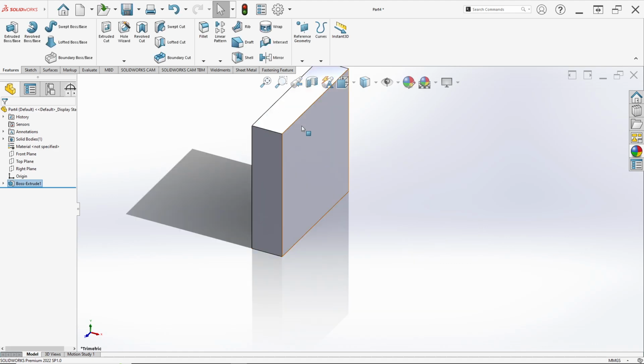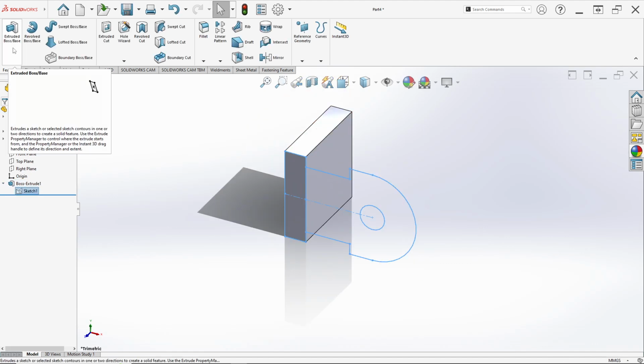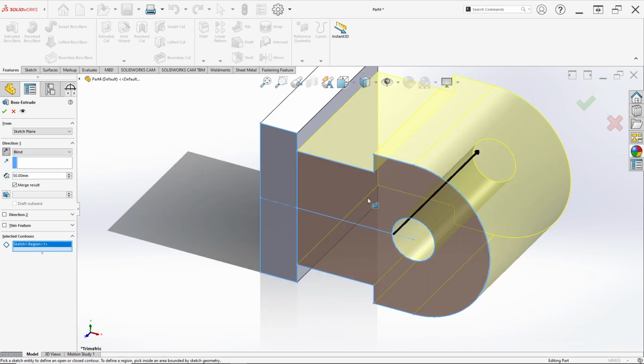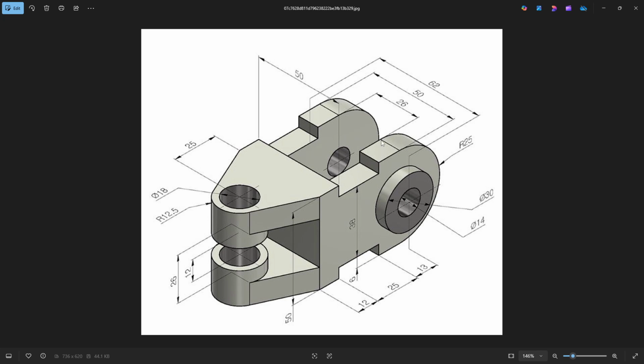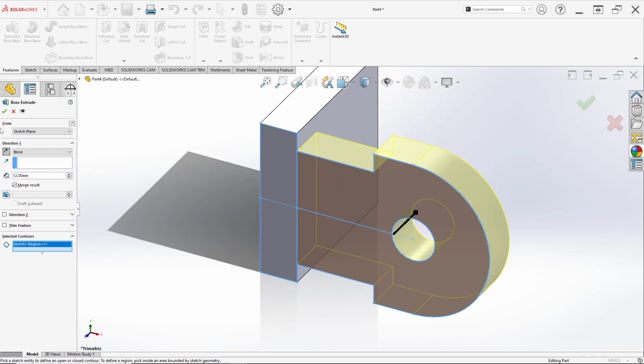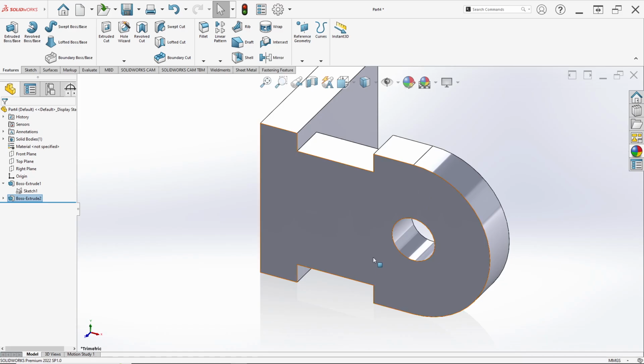Just click OK, and see sketch 1 again. Select extrude boss again and reverse direction. Select this sketch. You can see here for the thickness, 50 minus 26 is 24. So 24 divided by 2, because it's two parts, is 12. So the thickness here is 12 millimeter like this. Just click OK.